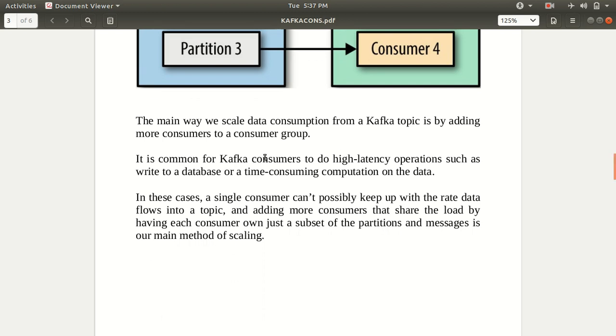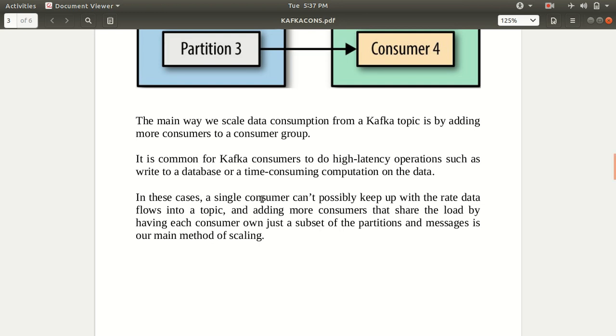It is common for Kafka consumers to do high latency operations, such as writing to a database or time consuming computation. As I've already said, if we have fewer consumers but more data to be consumed, we may end up with high latency, right? The delay will be more. So in that case, we can keep adding consumers to manage the workload and do things in an efficient way.